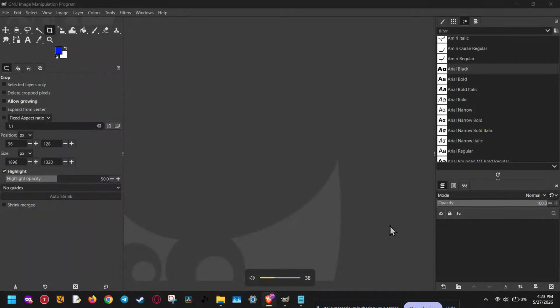In this video, I'm going to show you how to create a halftone background in GIMP step by step. This is a really useful effect if you want to make comic book style graphics, pop art backgrounds, poster designs, thumbnails, or any creative design that needs that classic dotted look. And the best part is, you can do it completely inside GIMP with just a few tools and one simple